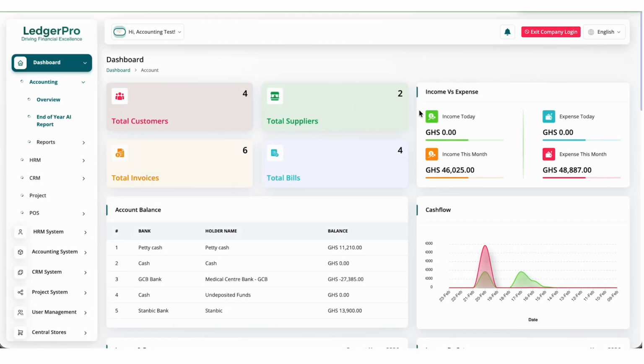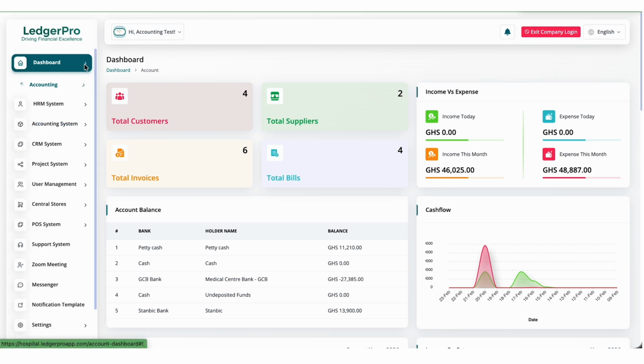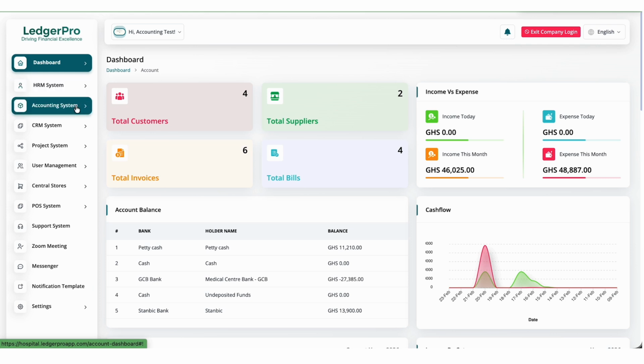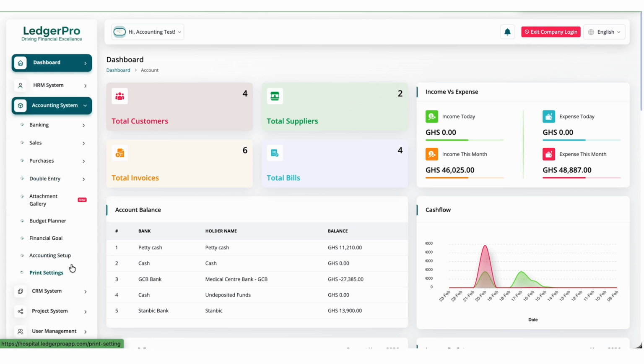In this episode, I want to show you how to set up your account details for post-dated checks. So you'll be able to receive post-dated checks and also issue post-dated checks to your suppliers. Right, so to set up your post-dated checks, first of all, you have to check if your payment methods have